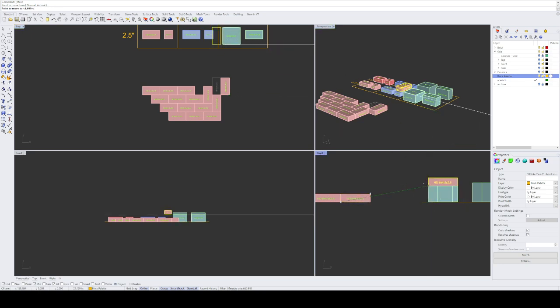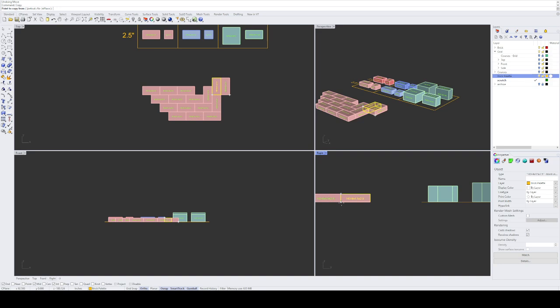I can move it up, but you can see, if you look in the top view, it's not moving in the top view, it's only moving in the right view. Whereas if I unclick this project